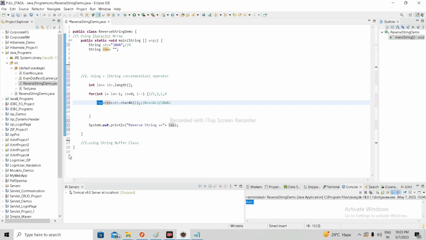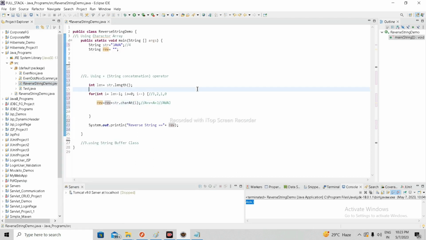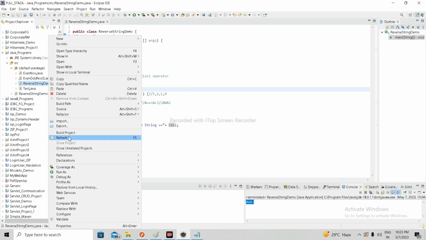Okay, so let's run. Most important, select Run As, then select Java Application.